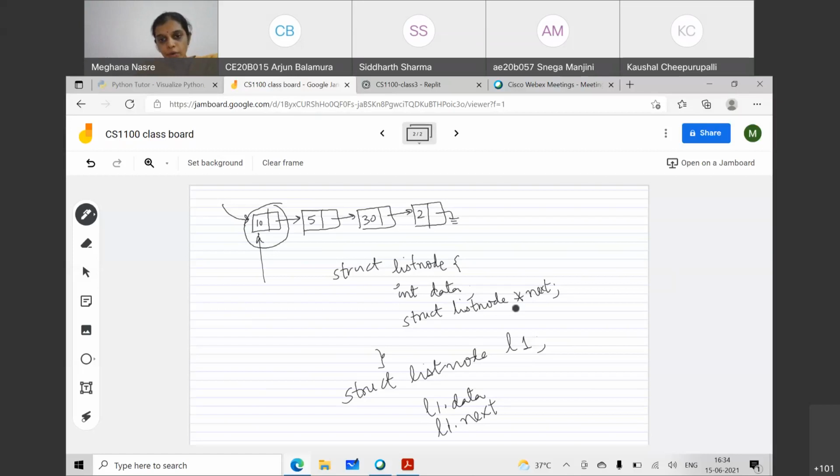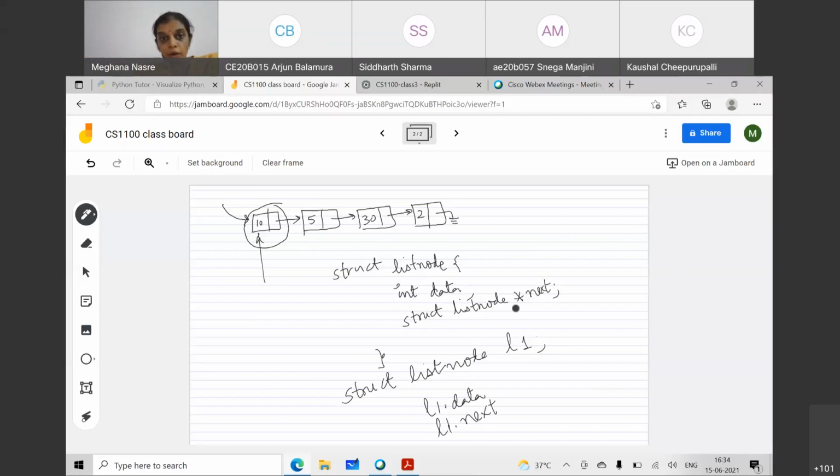So what is our goal? Our goal is to create these cells. How do we create these cells? These cells or nodes are going to be created by allocating memory, by saying struct list node L1, which will give us this cell. But if you do that in any function, this is going to go away. Therefore, you are most likely going to use malloc to allocate space for this.